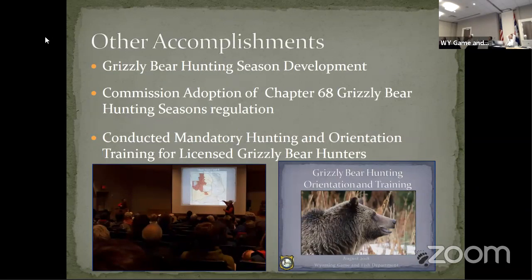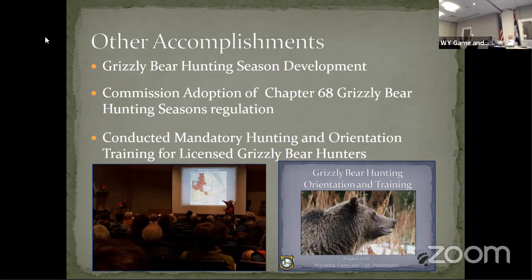So last year was a very busy year for grizzly bears from a management perspective. You'll remember last winter, you directed us to develop harvest regulations. We went through that. We developed hunting seasons. The commission adopted those last summer. We did a round of very productive meetings with the public regarding these. It's a contentious, controversial issue, but if we can have a successful grizzly bear hunting meeting in Jackson or Cody, I think we can do just about anything as a game and fish agency, because there's a lot of passion with these things, but it was handled very well by the public.